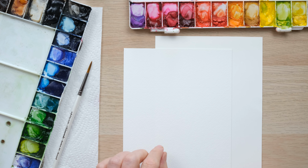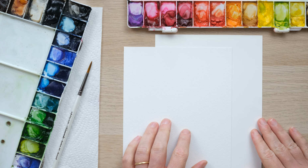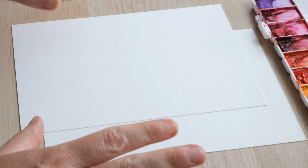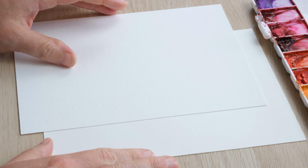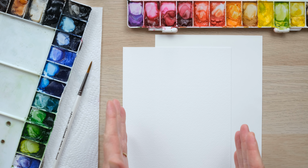We're going to talk about the difference between cold pressed and hot pressed watercolour paper today. They are the two types of paper that tend to dominate the variations in watercolour paper. You will also get loads more variations within the cold pressed range, but on the whole, for me,